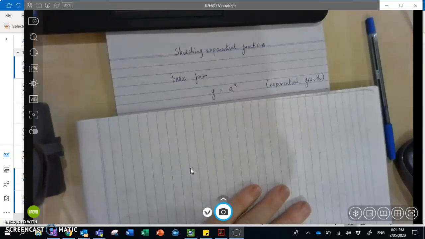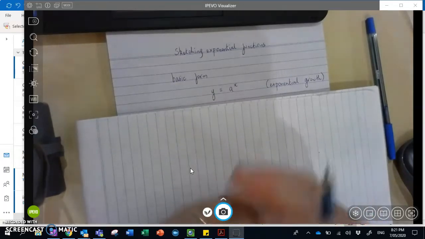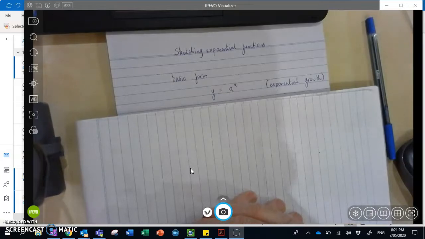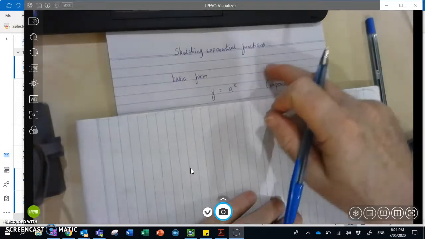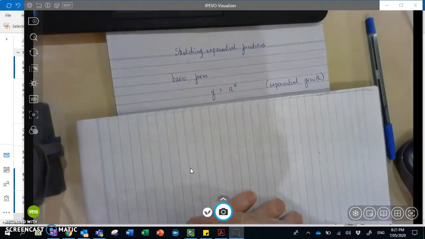I've just got a couple of videos which are going to outline how to sketch exponential functions. Exponential functions, one of the whole range of functions that we're going to look at through the course of the Math Methods course, is typified by either increased growth, and that is growth on growth, where instead of increasing by